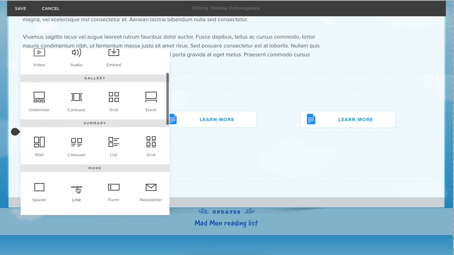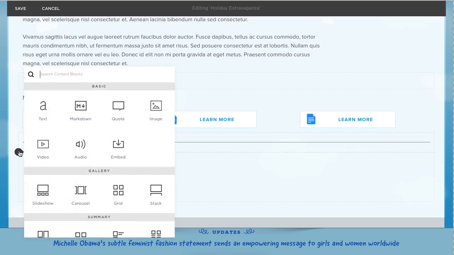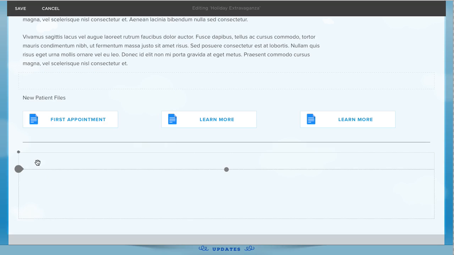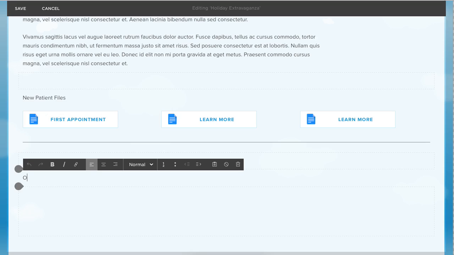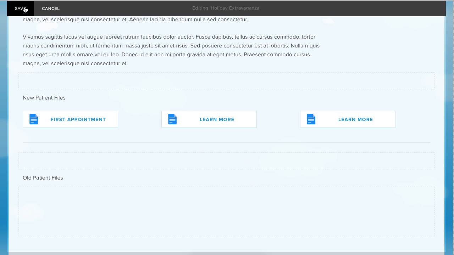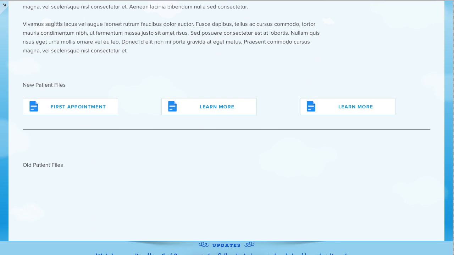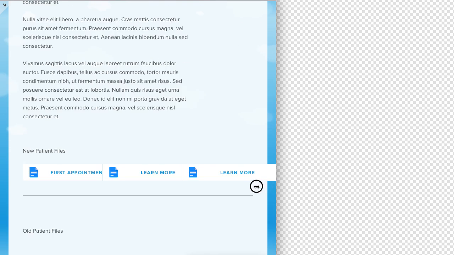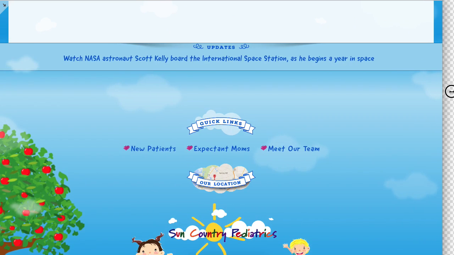We actually put a line between them then, and then we could do another space, and we could do another text block. And then we just add more buttons. So then as far as the formatting, it would kind of follow the same design over and over. So that's how those work, and those also work on mobile as well. Cool. Okay,